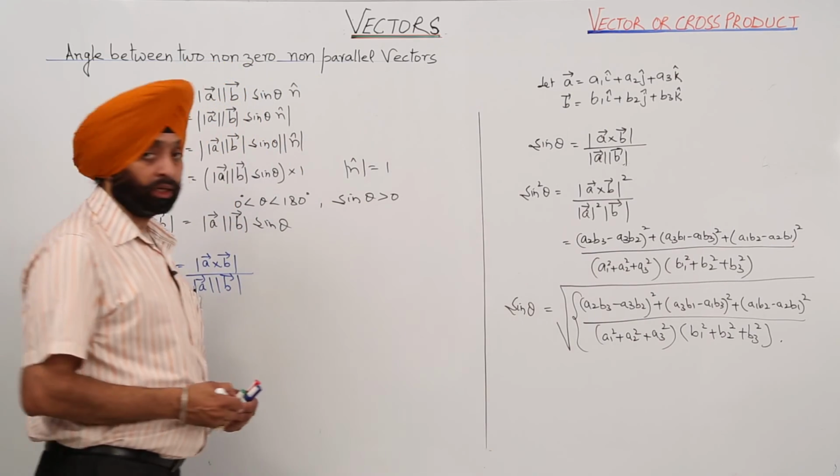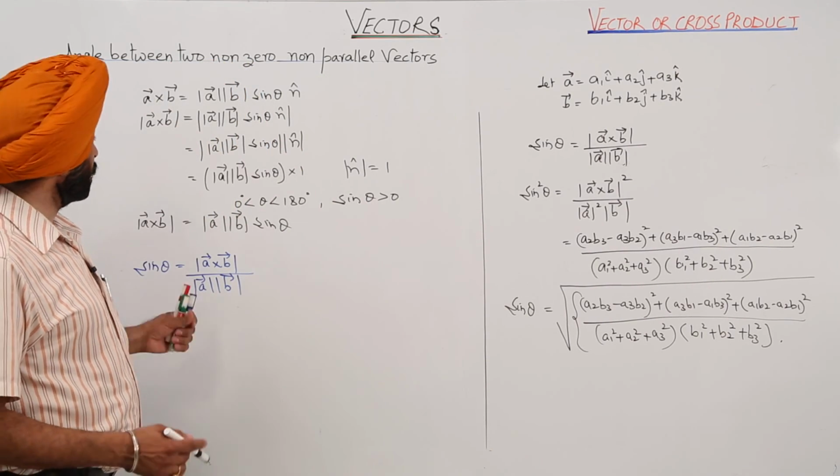So this is the angle between two non-zero vectors and how we are going to